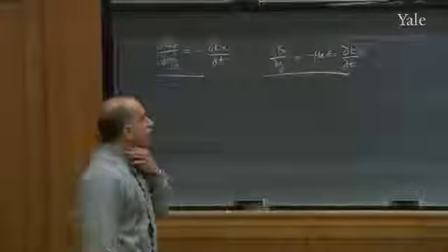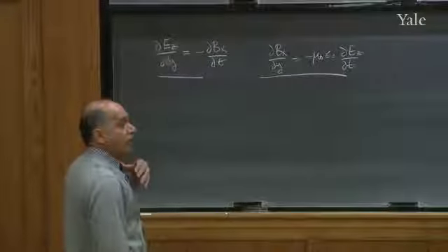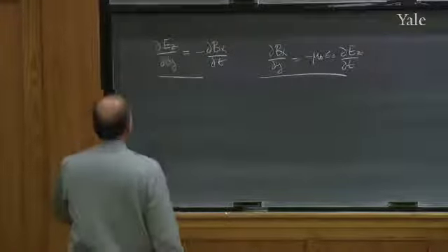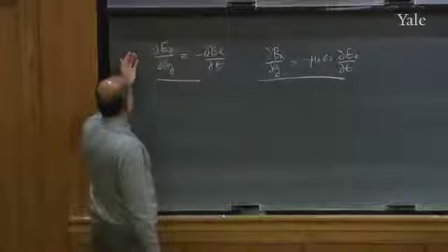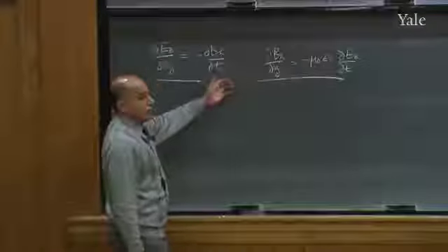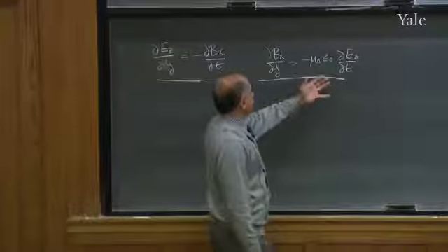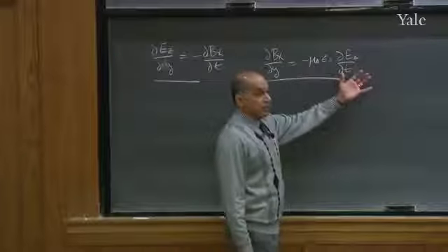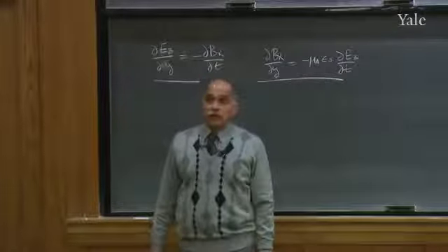Therefore, I'm told that if the fields that I pick that depend on y and t have the property that the y derivative of this guy is the t derivative of that guy, and the y derivative of Bx is, up to some constant, the minus t derivative of the other guy, you're done. That's all you require of that function.